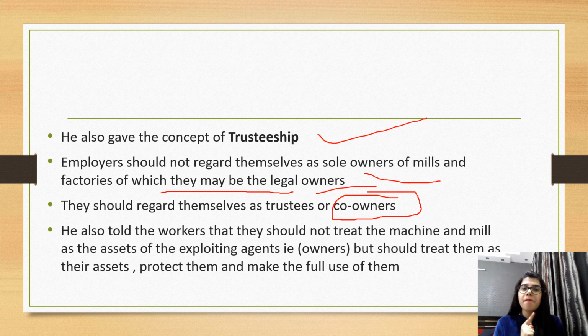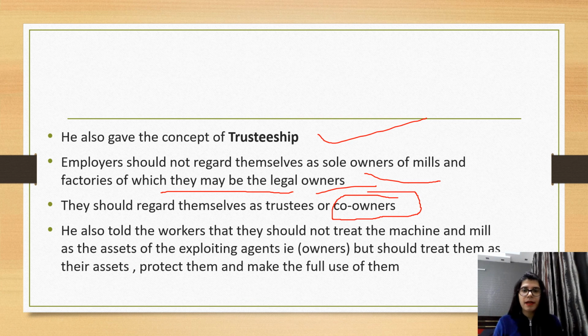और जब हम एम्प्लॉयर्स को बोल रहे हैं या कैपिटलिस्ट को बोल रहे हैं कि उनको अपने आप को ओनर समझना चाहिए, तो वैसे ही वर्कर्स या एम्प्लॉयीज को भी अपने आप को ओनर समझना चाहिए। तो उनको अच्छे से जो मशीन वगैरह उन्हें मिलती है काम करने के लिए, वॉट एवर मशीन्स दे गेट, ठीक है, सो दे शुड नॉट ट्रीट देम एज एक्सप्लॉइटिंग एजेंट्स, ठीक है, या हमें ये नहीं ट्रीट करना चाहिए कि ये हमें एक्सप्लॉइट कर रही है या ये वाले एसेट्स एक्सप्लॉइटिंग एजेंट्स के हैं, मतलब ओनर्स होते हैं ना एक्सप्लॉइटिंग एजेंट्स, ठीक है।